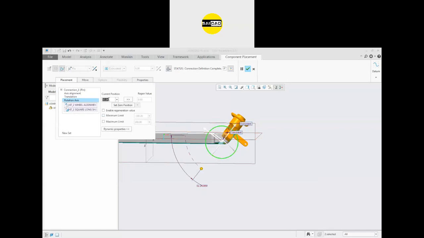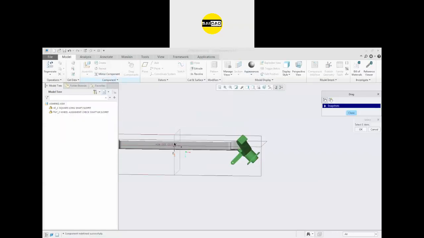I want this component to be rotated around 45 degree, and I want to rotate this component around this 45 degree also. So the limit is from minus 45 to 45. So there is a limit, minimum and maximum. So I want to specify both the limits. The minimum should be minus 45 and the maximum should be 45. Okay, just click OK, and you will see if you drag the component selected from any point, you can drag